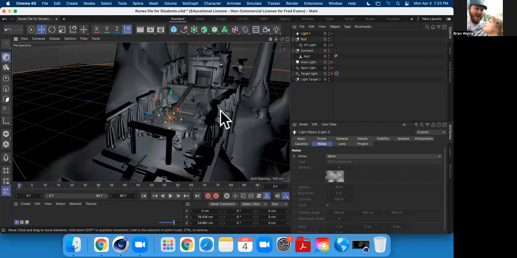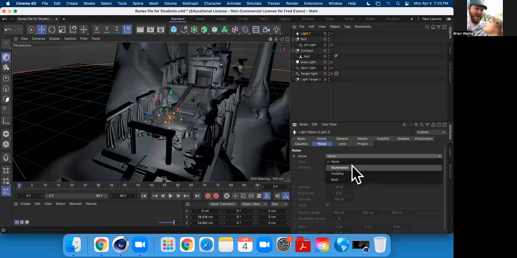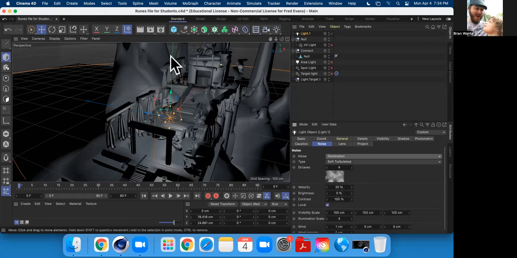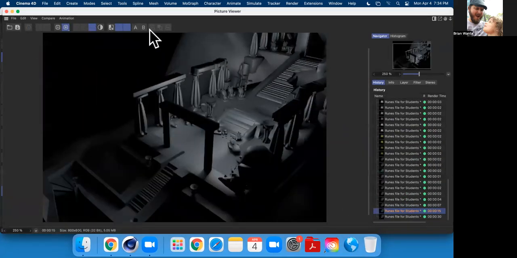Not necessarily that light sources have variations like that, but this allows us to be a little more creative with our light sources. Over here, the noise type is set by default to none. I have illumination, visibility, and both. So what this does is when I do illumination and I render this out,